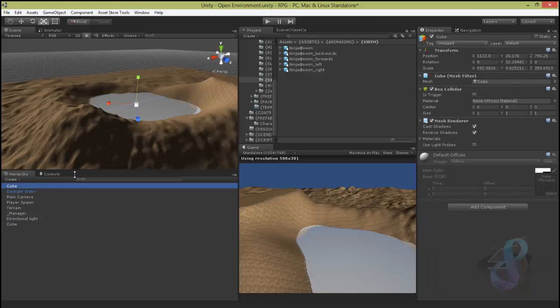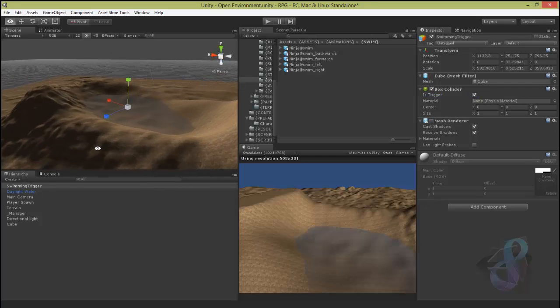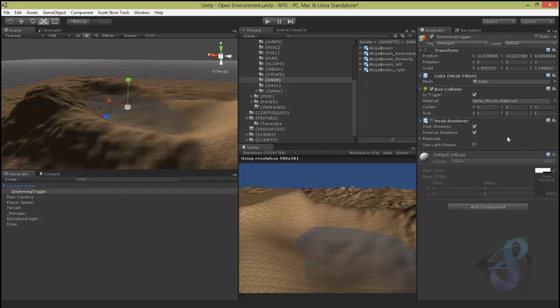I will call it swimming trigger. Swimming trigger. And of course we want its box collider to be a trigger. We don't want its mesh. I will add it below the water. Okay, before prefabbing it,